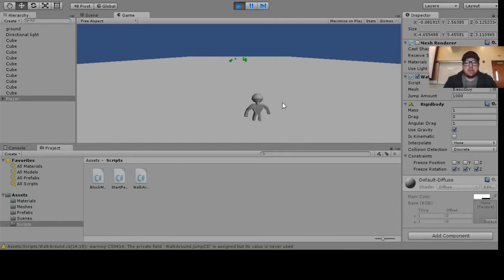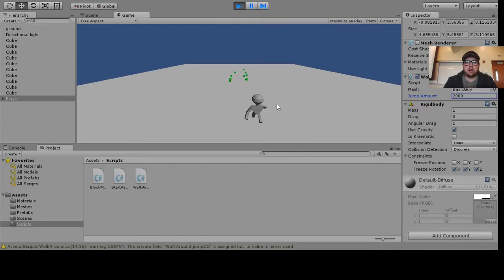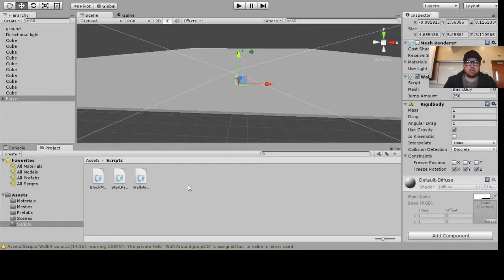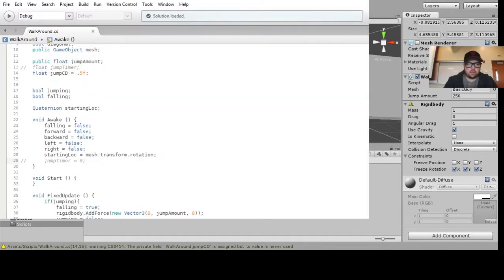But okay, so you can see that in our own view right now. We'll actually make it even bigger. Let's make it 2,000, just so we can really see him jumping. All right, yeah, so that's real obvious. Okay, perfect. Now one thing we're going to do is hop back into MonoDevelop, and now we're going to